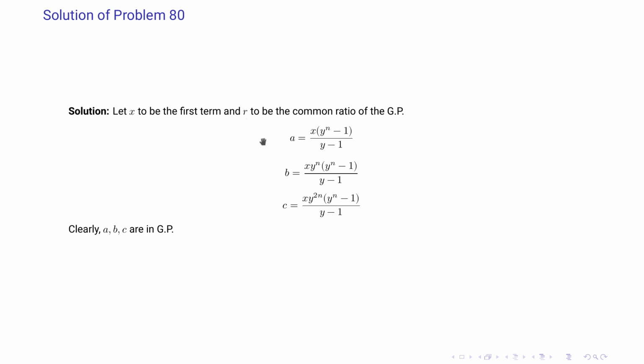Now the n plus 1th term, that is x y to the power n, would be the first term for the middle n terms. That is, it will start from the n plus 1th term and end at the 2nth term. The number of terms remains same, common ratio remains same, only the first term changes. So the first term would be x y to the power n. Rest of it does not change. For C, which starts at the 2n plus 1th term and ends at the 3nth term, the first term would be x y to the power 2n. So if you observe this, clearly these are in GP with common ratio y to the power n.